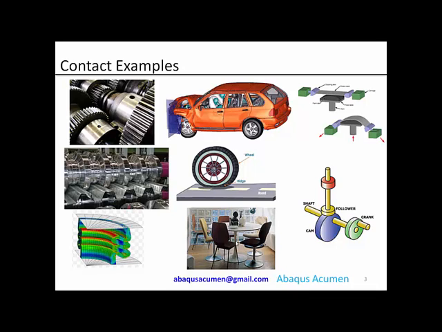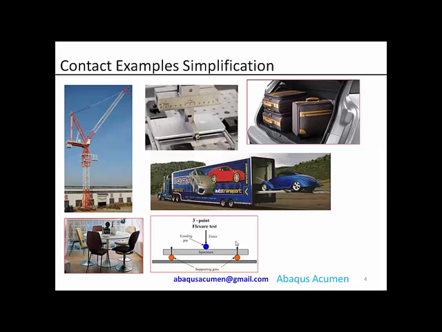So now you start imagining where this contact is involved. The contact is involved everywhere in day-to-day life. Whenever force is transferred from one body to another body, it is transferred through contact. Now once I say that contact is involved everywhere, do we really have to model contact everywhere and make our life miserable? No. Now let's see the other example. A lot of these contact issues, like 70 to 80% of contact problems, you can solve using appropriate boundary conditions without changing the physics of the problem.